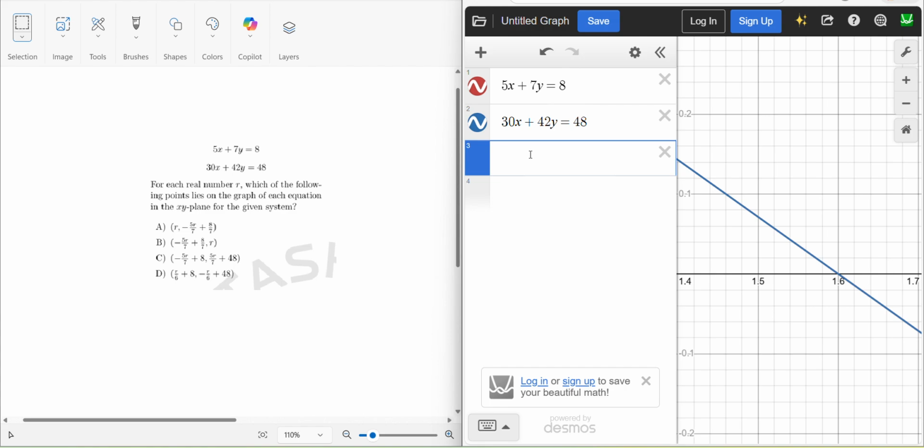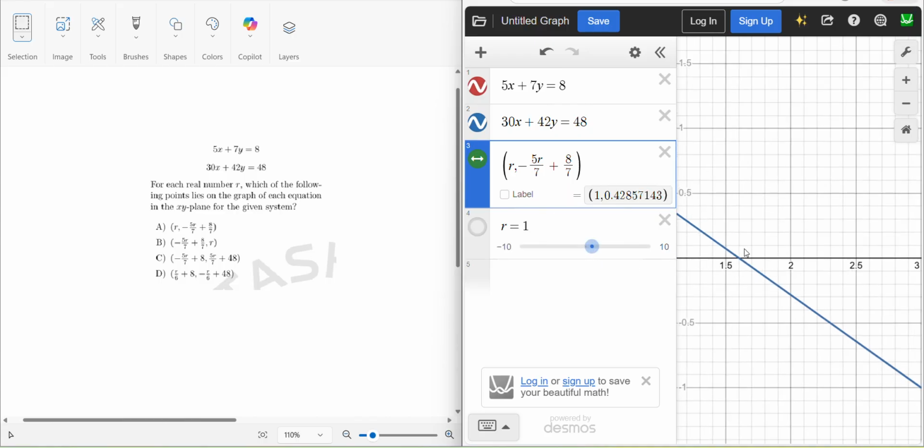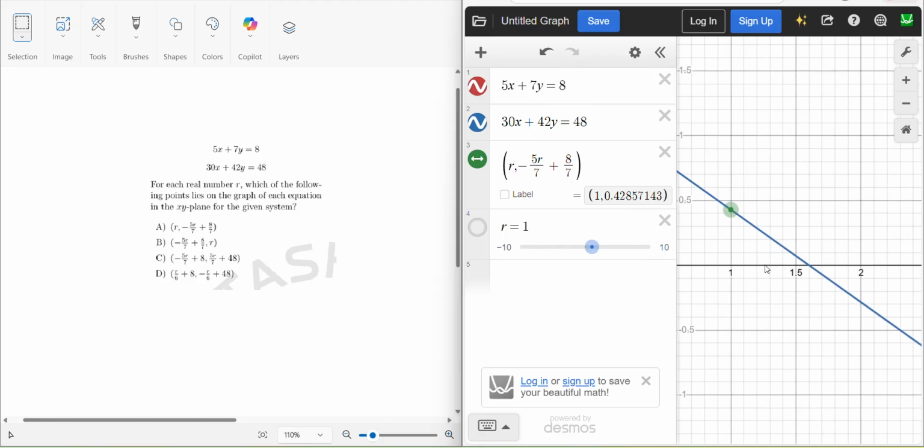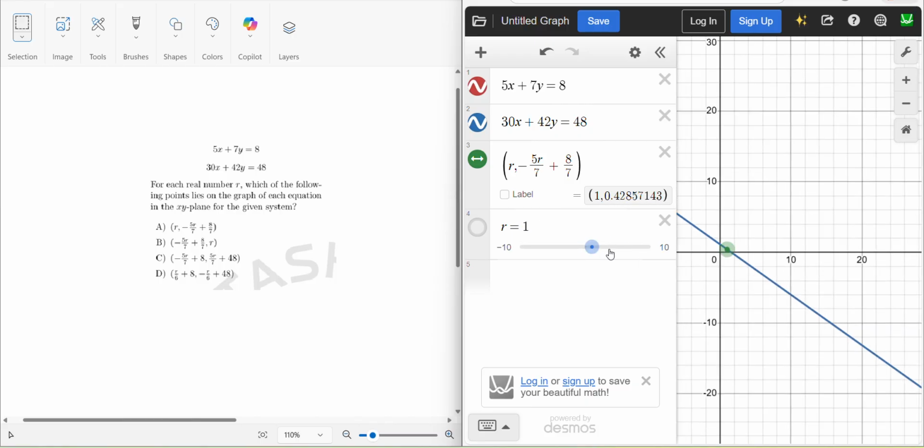So what we'll do simply here is r comma minus 5r upon 7 plus 8 upon 7. So we just simply copied from the answer choice. Now we'll put r as any number and check whether it is lying on the line or not. So as you can see here, this line is absolutely